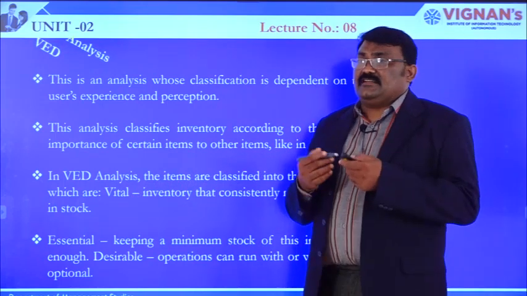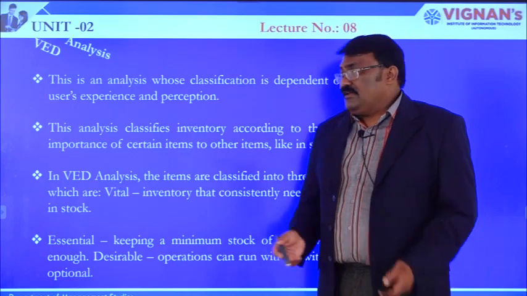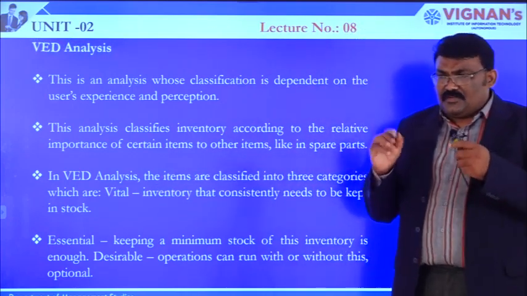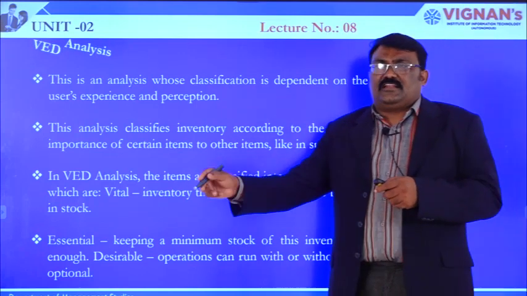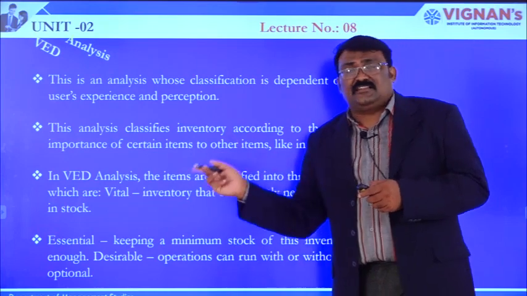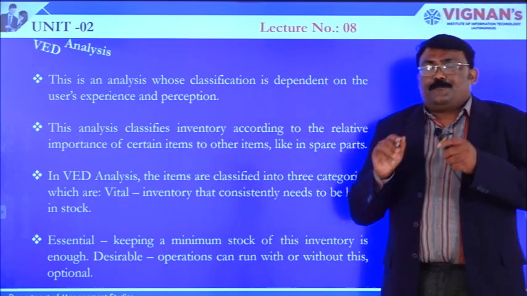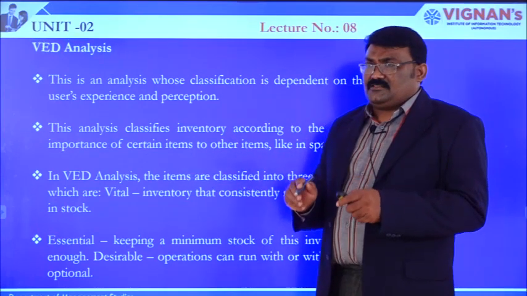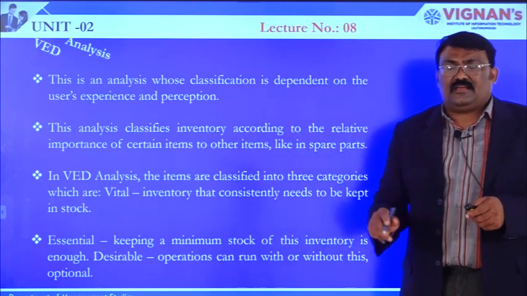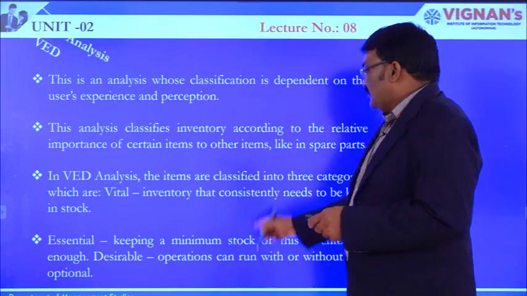So, when something is very vital, you have to stock it. That means this is a very important raw material for an organization. Based upon that, the classification is done. The importance of the raw material is what makes it vital. So, the stock of the raw material should always be there. Now, second,